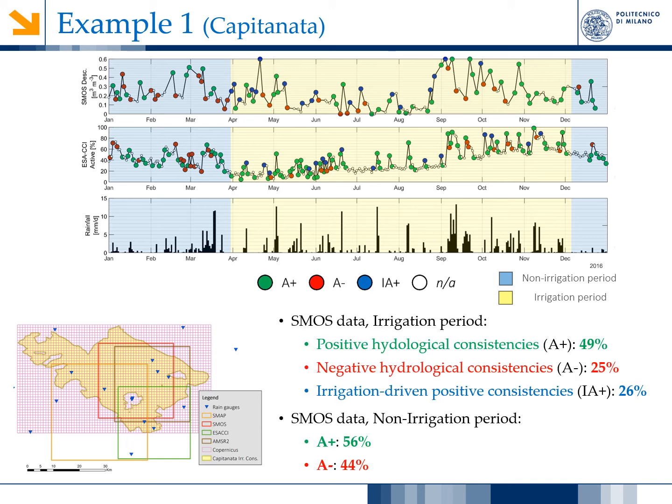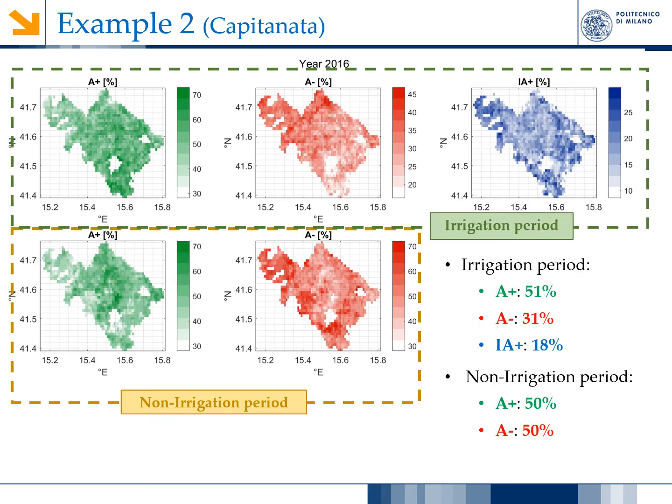The results tell us that in the non-irrigation period, the SMOS data register a similar amount of positive agreements as for negative agreements, while in the irrigation period, the number of negative agreements drops to 25% with the aid of the irrigation-driven positive consistencies. Another example application for our methodology is always for the Capitanata Irrigation Consortium, but for the